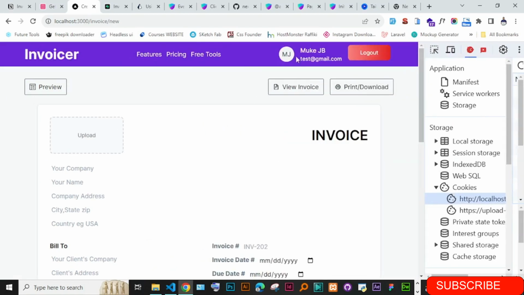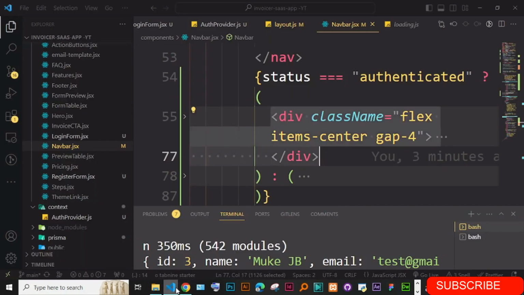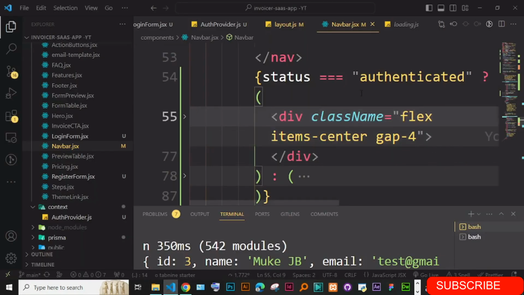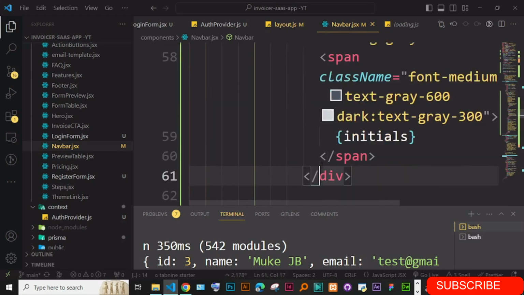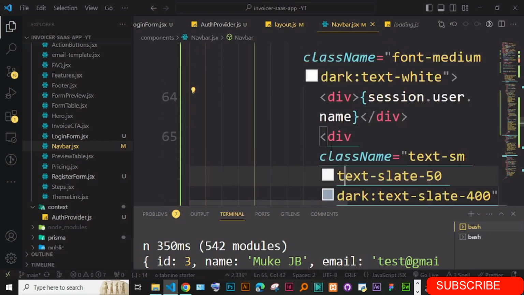So you can see I'm trying to show this part here. If someone is logged in, I'm trying to display their details and the logout button. If someone is authenticated, I want you to show their name, the initials. So you can see I have the initials, and also show their